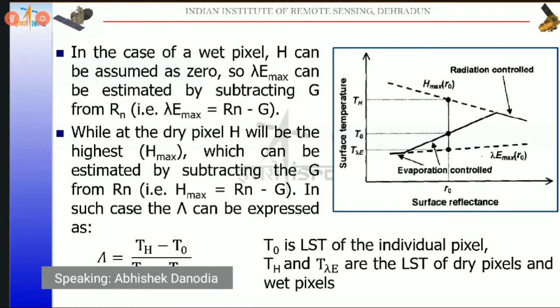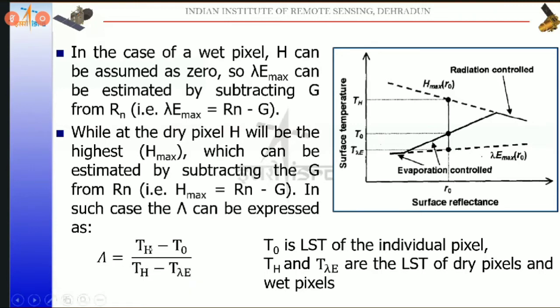And this is the formula of delta, the evaporative fraction: TH minus T naught divided by TH minus T lambda E. In TH minus T naught, TH is defined as the temperature of H, or you can say the radiation control line. If I'm talking in terms of this figure, for example, if I want to calculate for this particular figure,